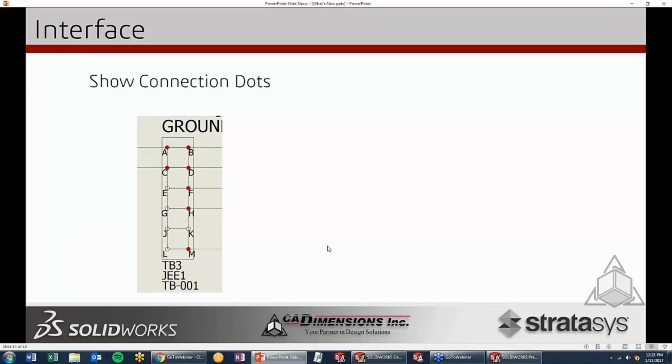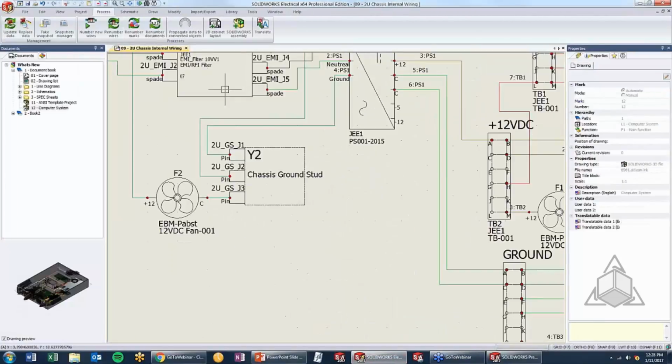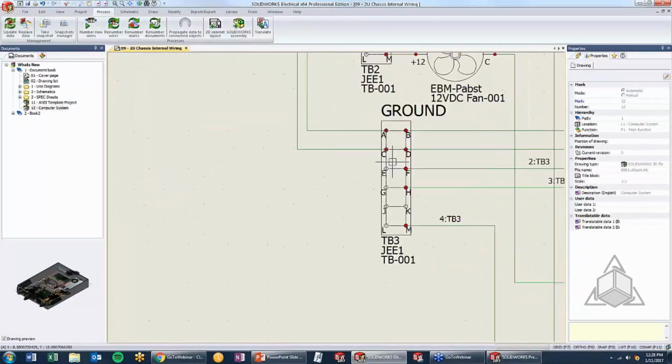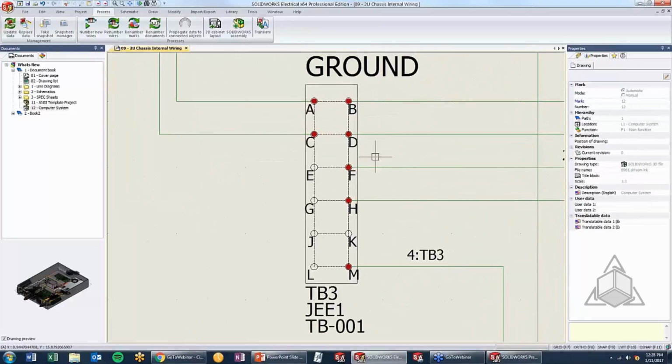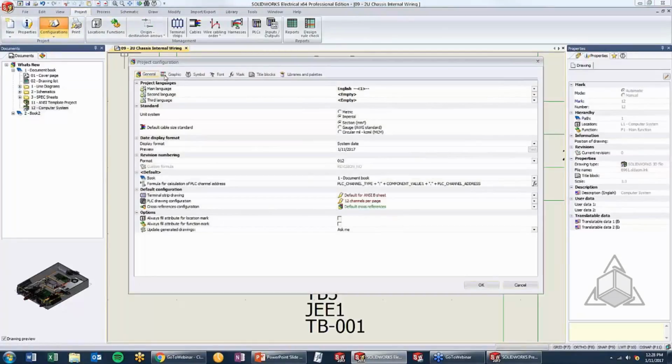All right. Also have a new global setting to show connection points based on what the user would like to see. So I'll get out of my symbol here. Go ahead and save those changes. So you'll notice on my ground terminal here, I'm only displaying connection points for items that have wires going into them. So this has become a global setting underneath our project configuration